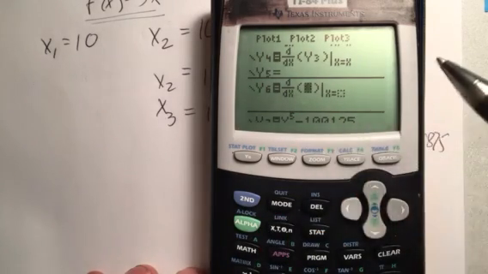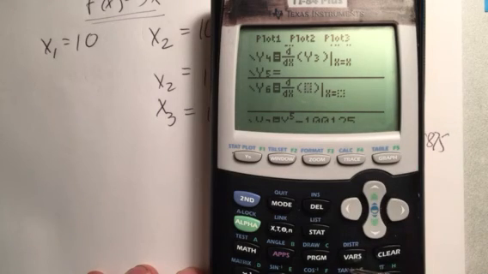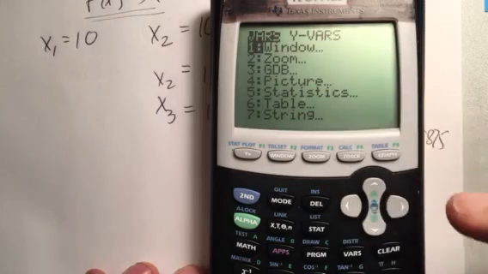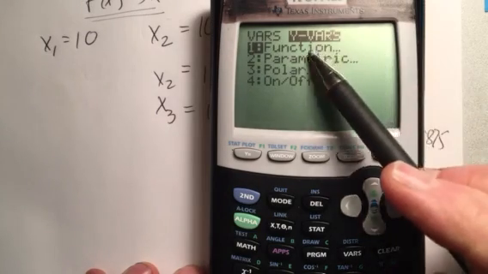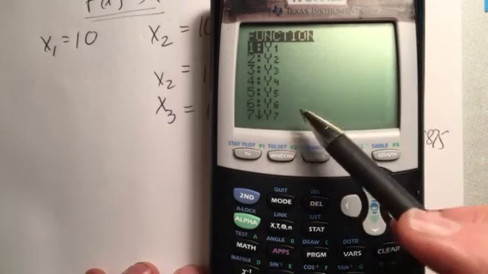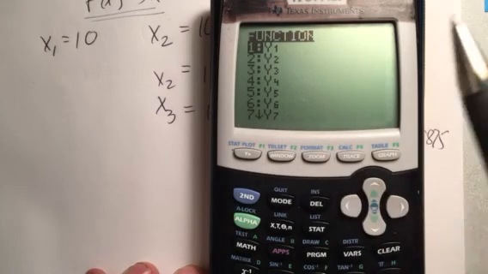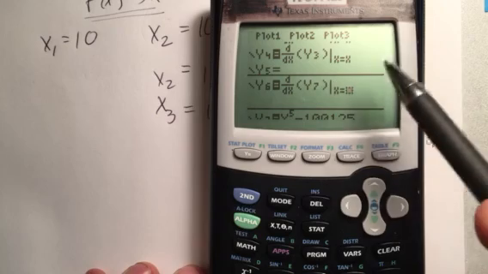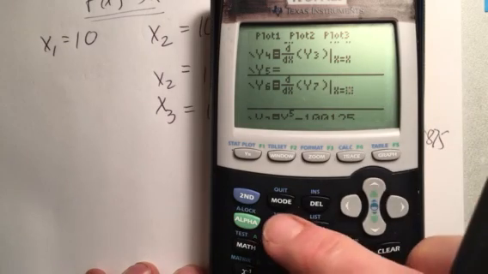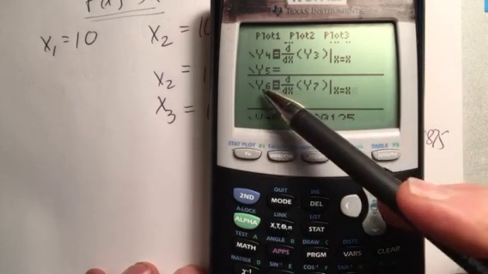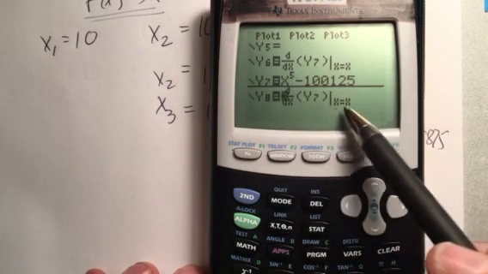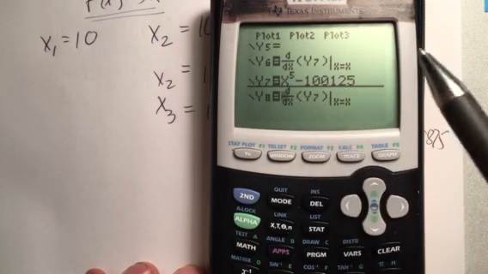Then I wanted to do y7, and you find that on the vars key right there. So I hit the vars key. I have to go over to yvars. I have to hit function or number 1, and then I go down and I hit number 7, and you'll see there appears magically y7. I go over here, I want it to be a function, not one fixed value. I hit y, and so that's what y sub 6 is. I did that earlier, and I did it with y8, so these are the same exact thing. Then, this is